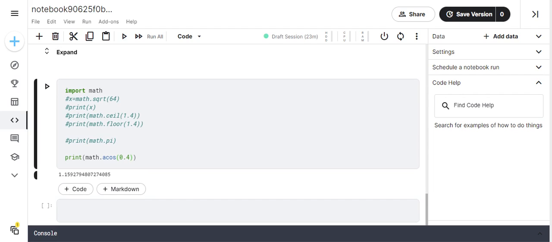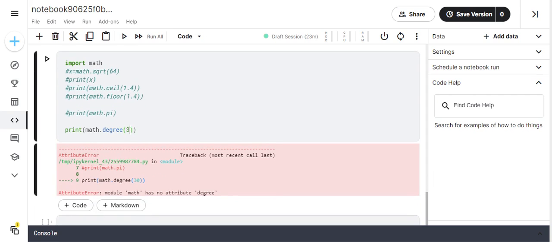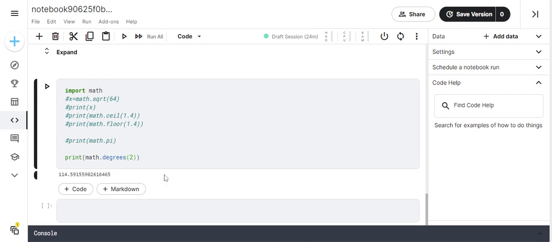Something else you can do is just the normal cosine, whatever, right? And this is in radians, so cosine 30 is like this. Other things you can do is convert radians to degrees. So this is 30 radians, not 30 degrees. Oh shoot, it's much smaller. My fault. Yeah, this is 114 degrees,